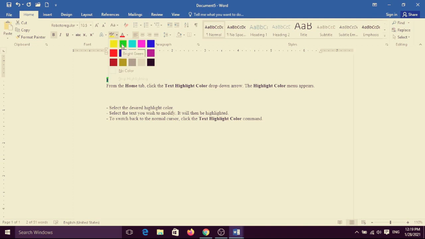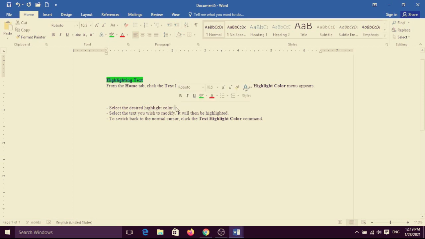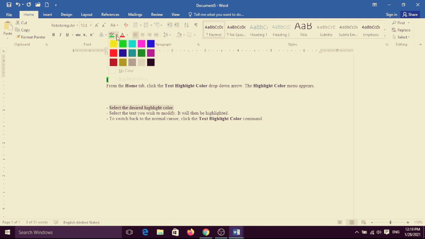Suppose I choose this green color. It is highlighted. Now listen and see. Your selected text or sentence has been highlighted. Once again I want to select it. First select your text and click on Text Highlight Color.